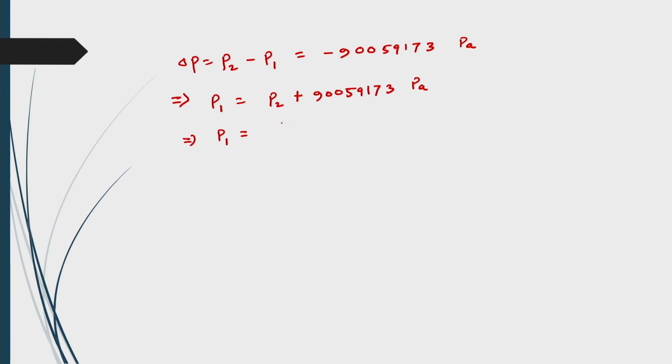What is the P2 value? This is atmospheric pressure. As per atmospheric pressure, it will be here 101325 plus 90059173, that will be coming as